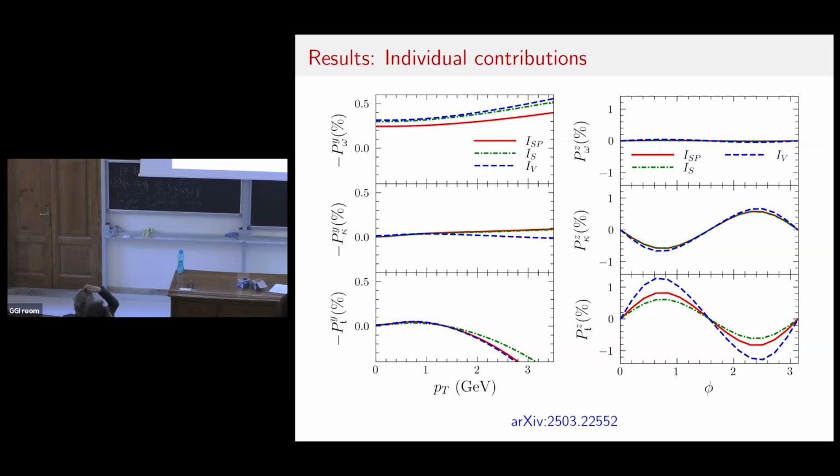So there are two interesting features. First, the dissipative contribution to the Y component of polarization becomes large at large PT. Initially at low PT, this is zero, which is expected from kinetic theory, that at low momentum, modes are closer to equilibrium. But this dissipative contribution actually becomes large at high PT. Another interesting feature is that the dissipative contribution to longitudinal polarization is sensitive to interaction.